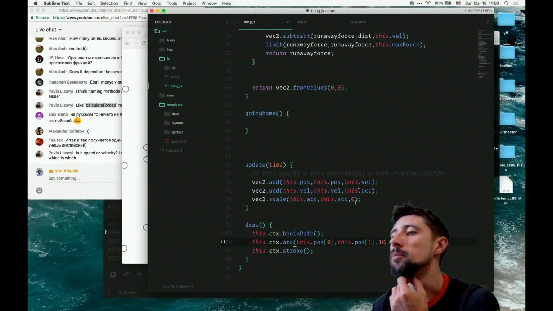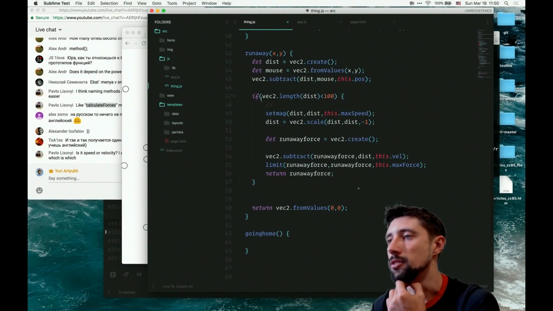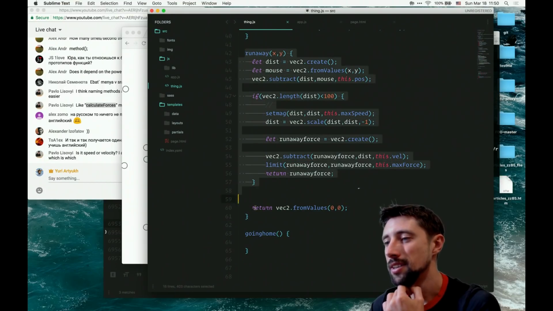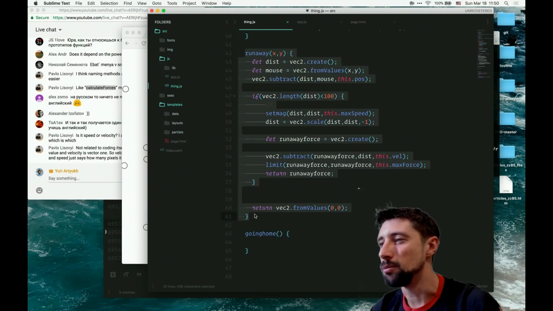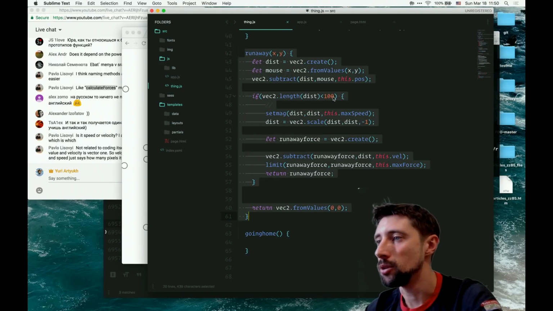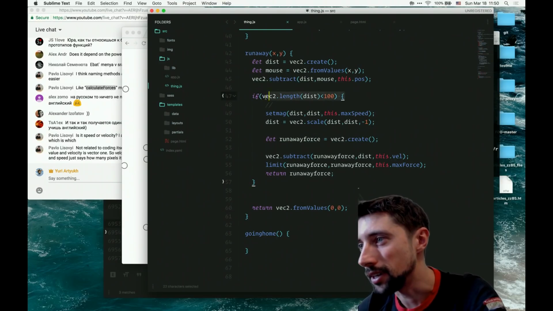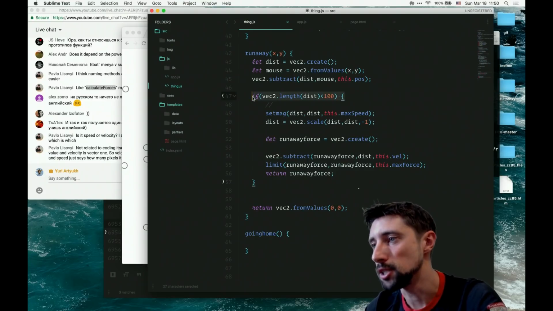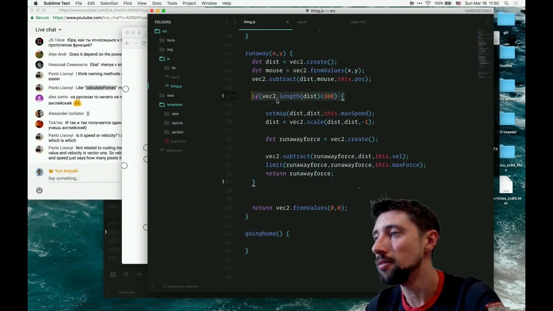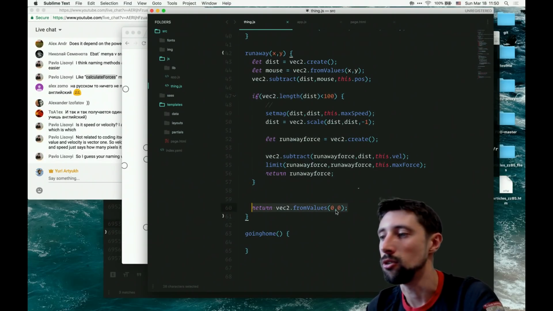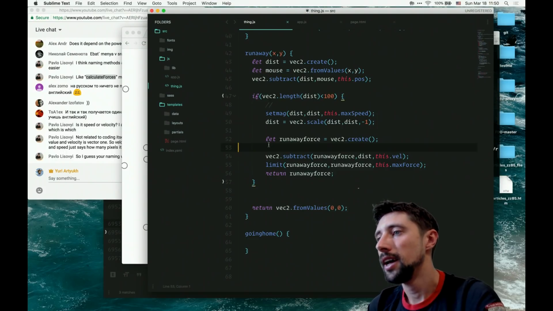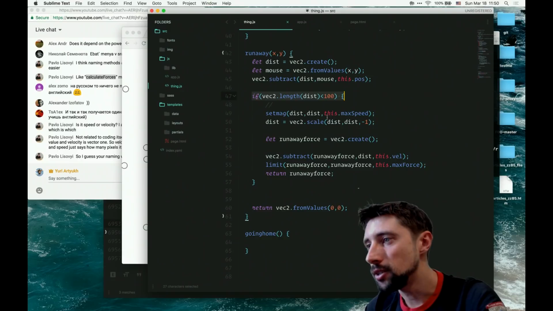So the part for the runaway is actually done. It's not that obvious to understand because all that we did was calculating some vectors, but hopefully you can understand, because in this part we're just calculating the distance between the mouse and the particle, and if the distance is less than 100, then something. If it's not, the acceleration is just going to be 0. The force is not working on the particle if the distance is more than 100. So if the distance is less than 100, we then